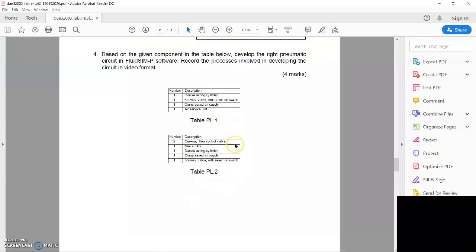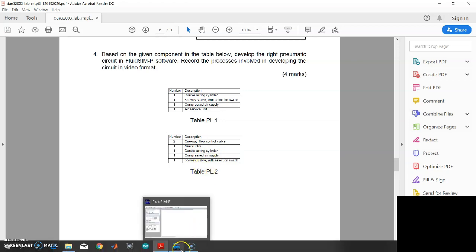For table PL2, we must connect the components. We have two one-way flow control valves, one manometer, one double acting cylinder, one compressed air supply, and one 5-way valve.